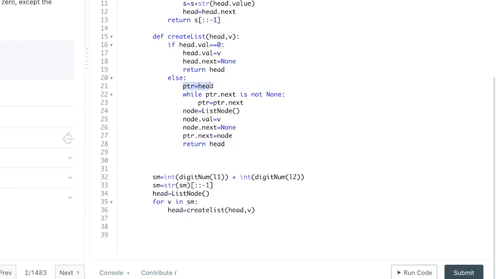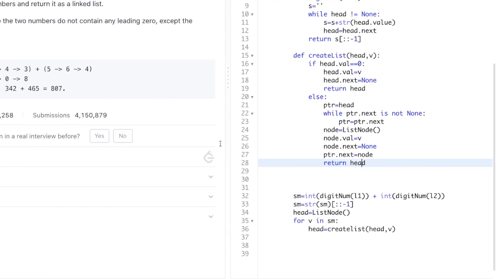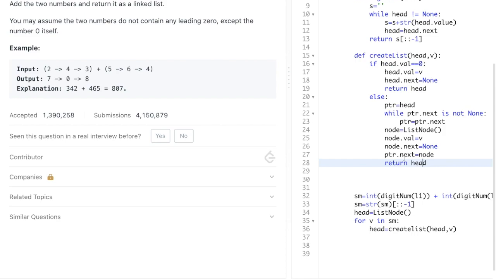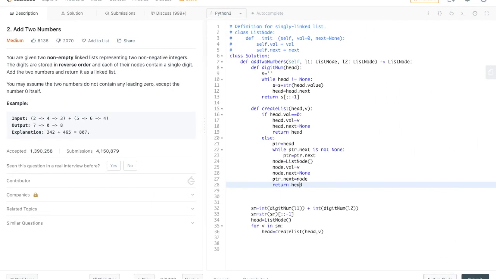In else part we are again assigning this temporary variable, and we are checking whether this ptr dot next is none. If it is not none, then we will simply move forward till we reach the end. And whenever we reach the end, we are now creating a new node. We are appending the value like 8 is here, so 8 is appended over here, and we are appending this ptr dot next to the new node, and we are returning the head. So this was the problem. We have to return the head pointer of the new node. So let us run this code.